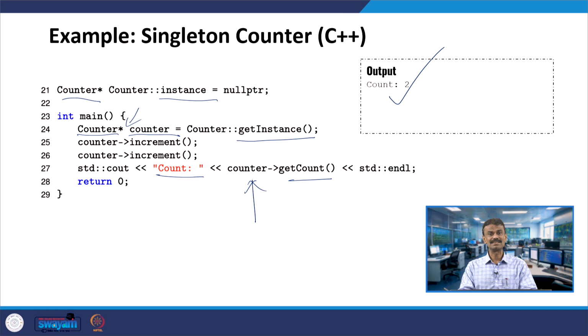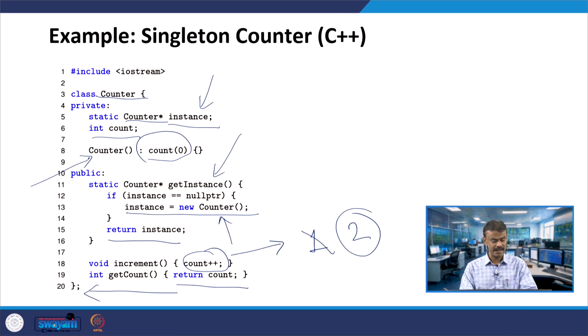So, this is called a singleton counter. That means I am creating an instance, and if the instance does not exist, that means it is pointing to nullptr, so we create a new instance. Or if the instance already exists, whatever the case, line number 15, we return the instance under the getInstance member function. It is a pointer function.